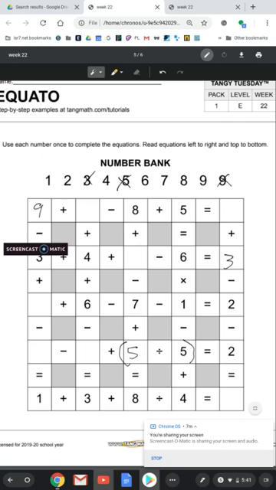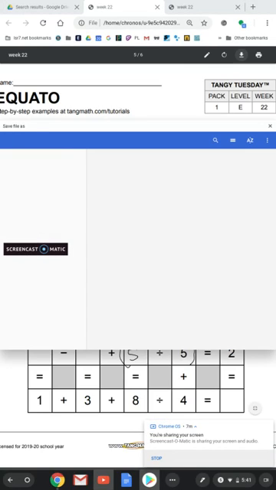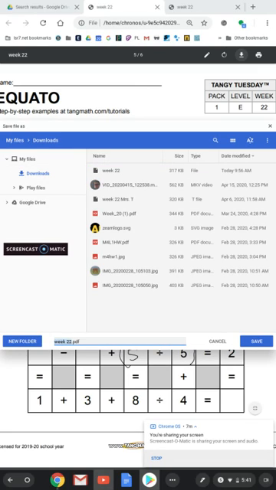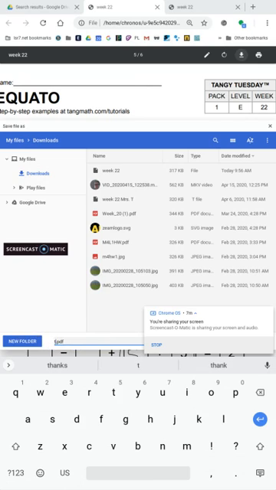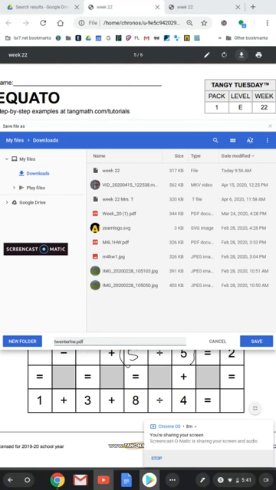Don't forget to hit download. Now that I'm finished, Mrs. Twinter's going to go up here and hit download. It's going to ask, what do you want to save it as? I'm going to call it Twinter homework, so that it saves. If you don't do that, it will not save your work. Then you have to hit the save button. If you don't hit save,